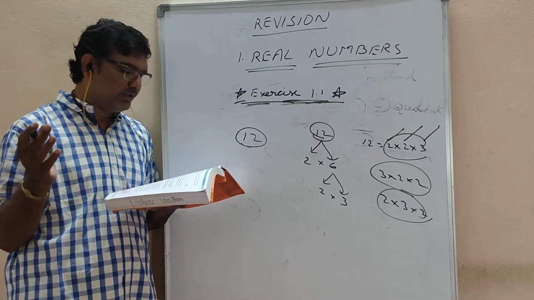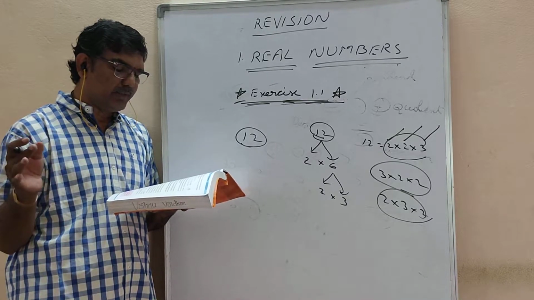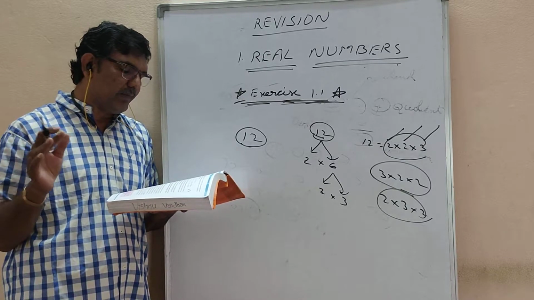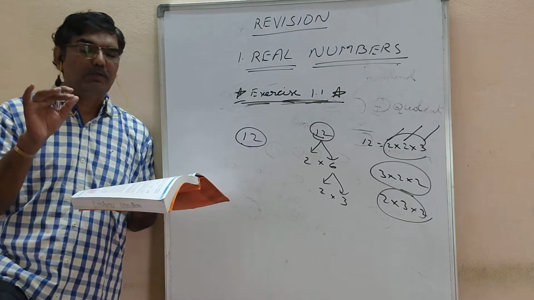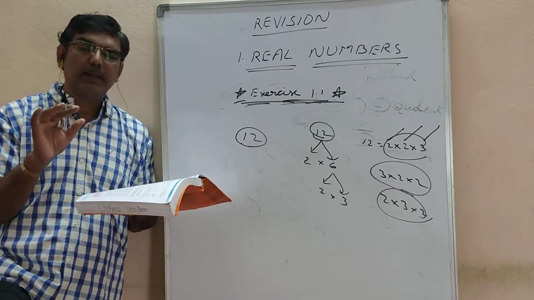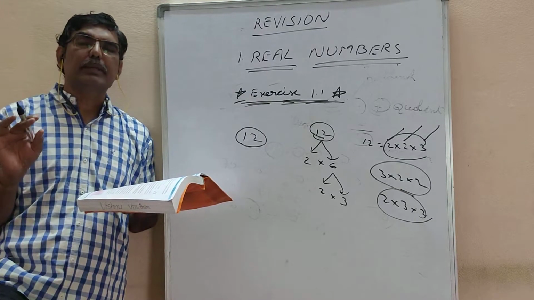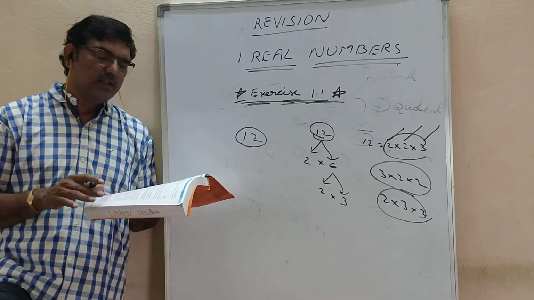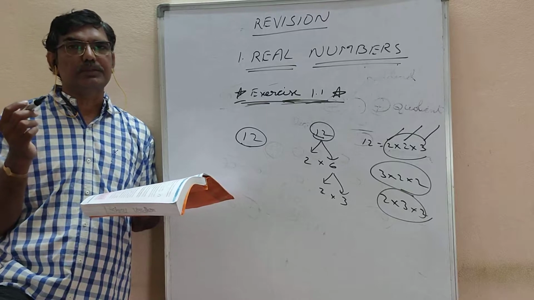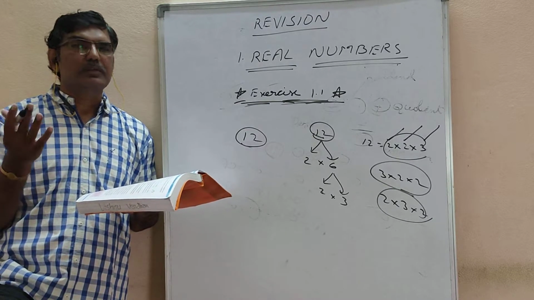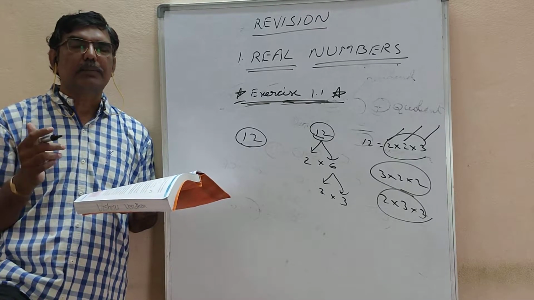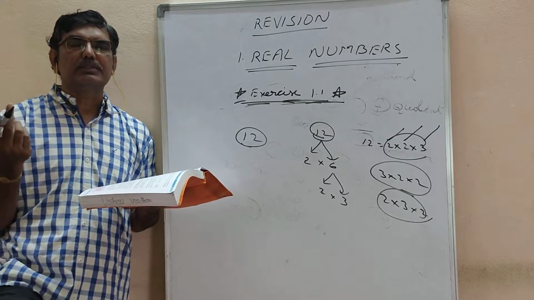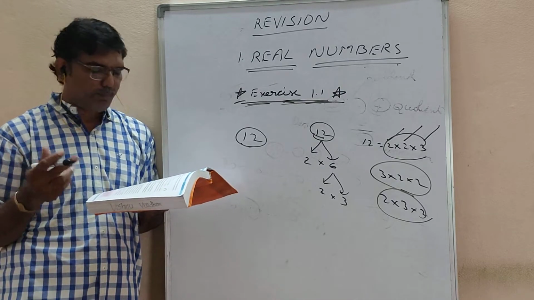So every composite number can be expressed as a product of primes and this factorization is unique apart from the order in which the prime factors occur. So you have to learn the theorem statement by heart also. Sometimes they'll ask to define the fundamental theorem of arithmetic. So it will be given as a 2 marks question. If you know it, you can get it; if not, you can't. Sometimes definitions also will be given in question answers. Theorem 1.2.